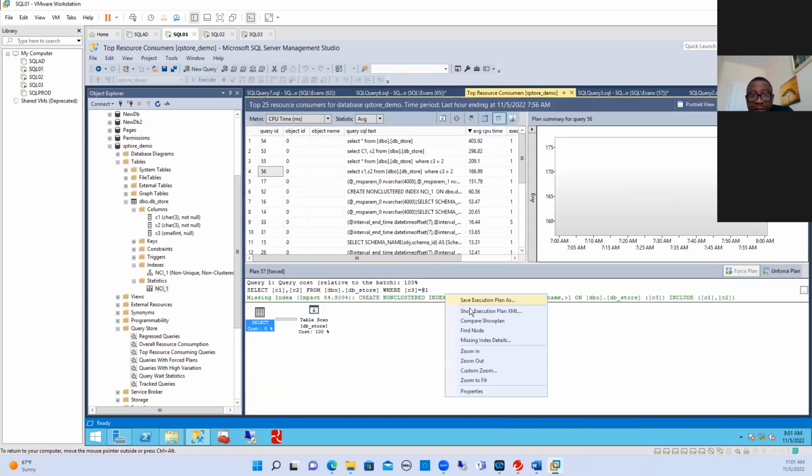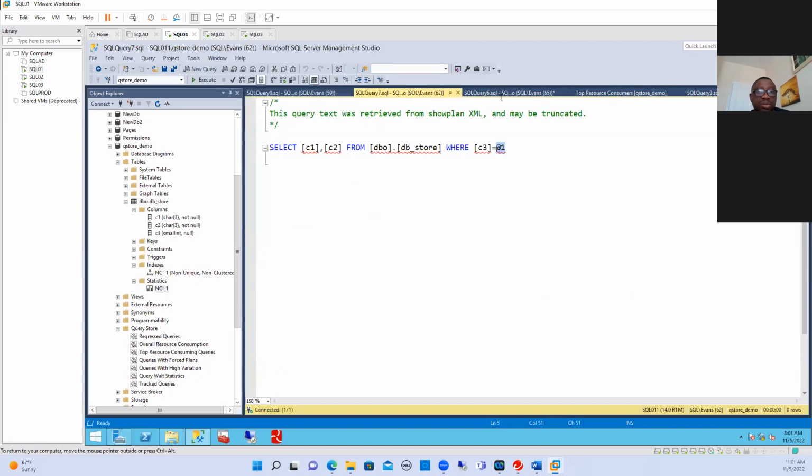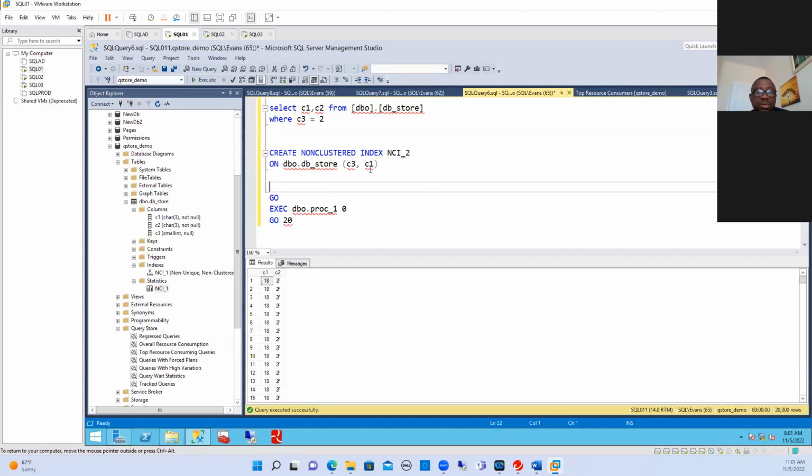Let us do this one. Click it and go to missing index details. So it's saying we should do included columns that will improve that query. You can uncomment it, or we can run it like this or like that. It will work on that query, but the demo was saying we should do this. This one is not including the column, it's only